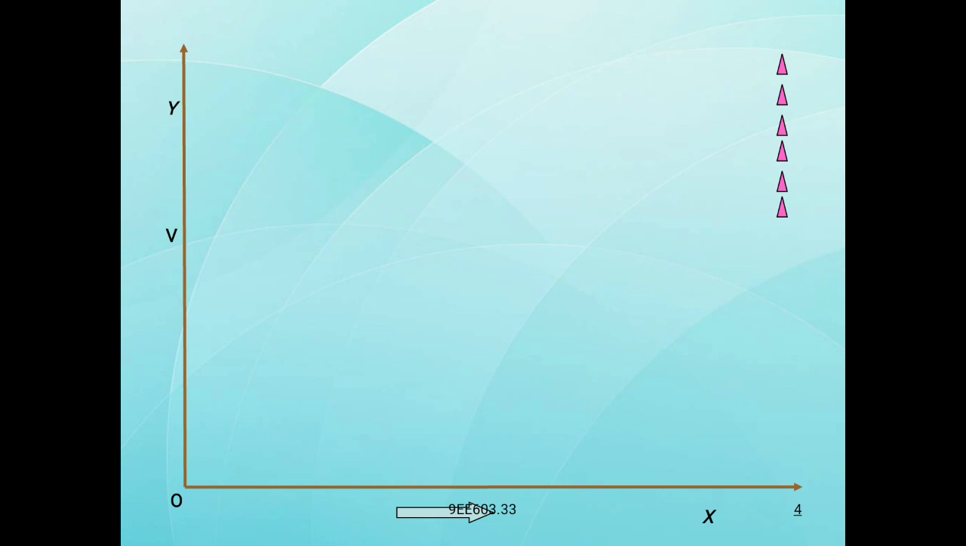So this is the x-axis. Here the x-axis is taken as the current direction in general, and the y-axis is taken as voltage. Along the y-axis is voltage. The phi naught is the angle between